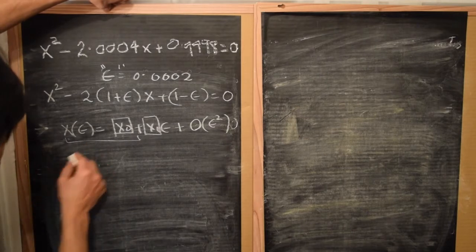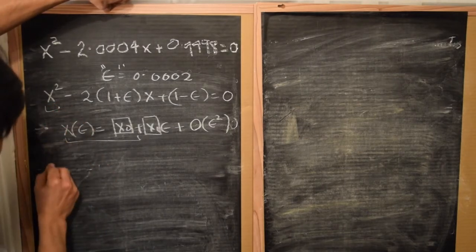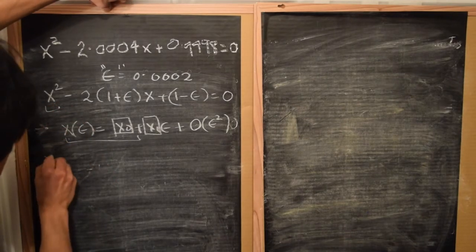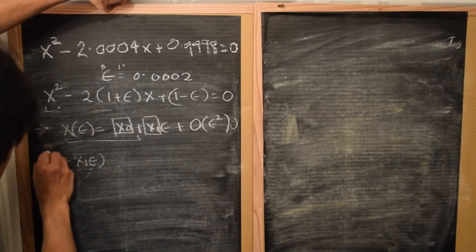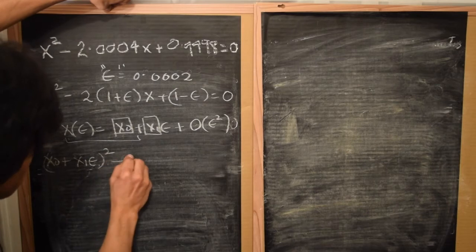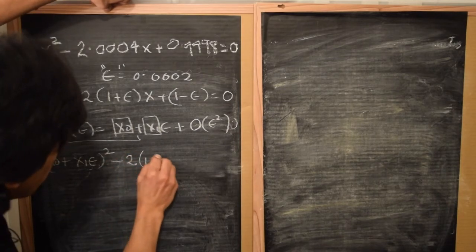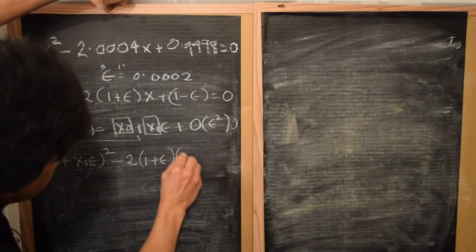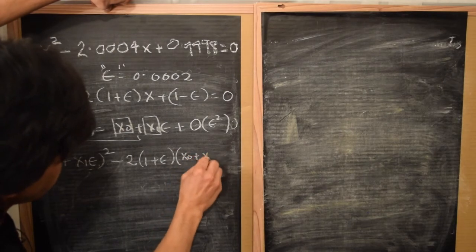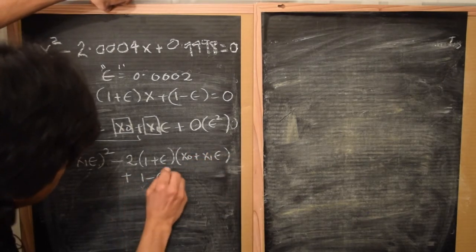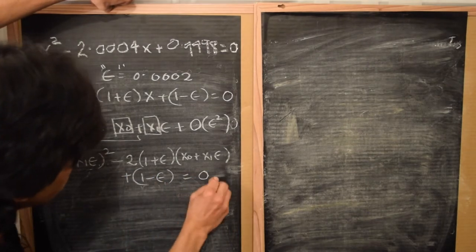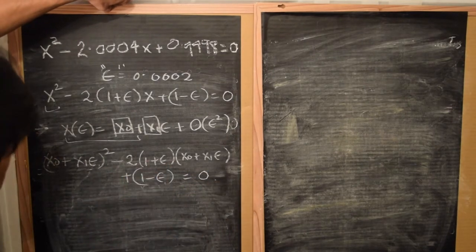So let's do that. First we have the x squared term. This will give us (x naught plus x1 epsilon) squared minus 2(1 plus epsilon)(x naught plus x1 epsilon) plus 1 minus epsilon equals 0. And then if you just simplify the algebra,